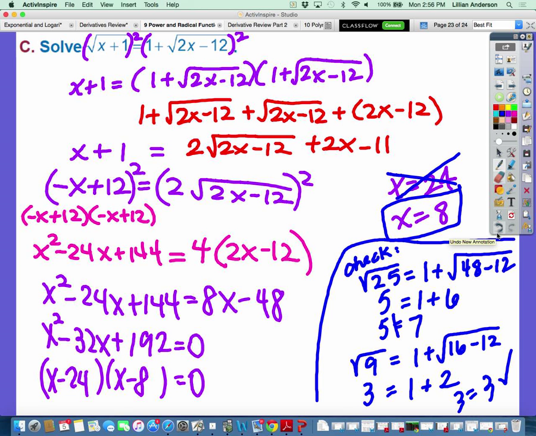Would you like a doorstop? I would love a doorstop. This is the combination of